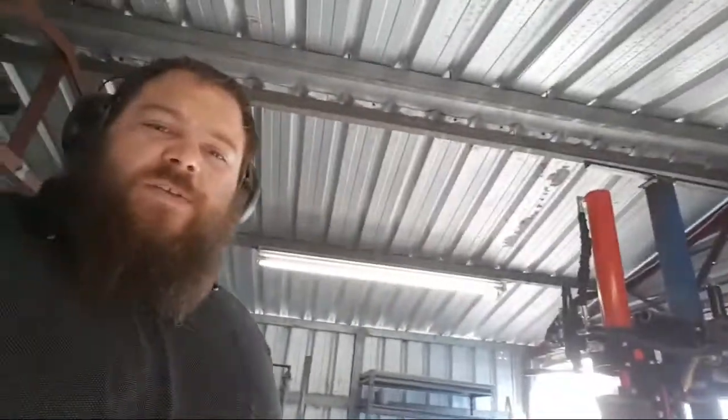The reason I just ran it is because I'd left the piston down last night, which is a boo-boo. Don't do that. So when you're storing your press, like when you're not using your press,